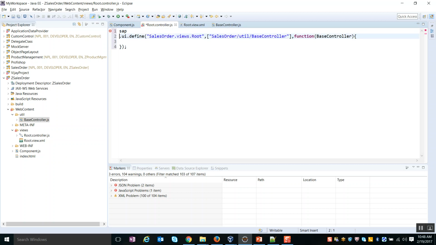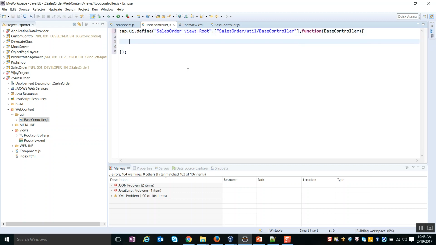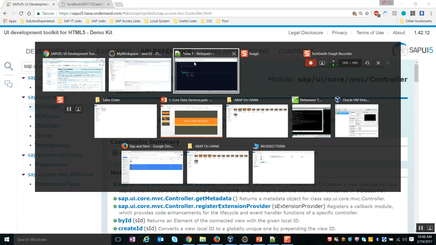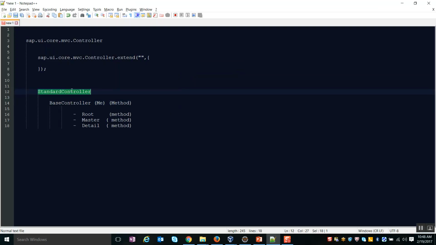And here, this time the root controller is going to be inherited from the base controller. So I'm going to return the instance as base controller dot extend, where I say sales order dot views dot root is what I'm defining, and these are the things that I'm going to overwrite. In this way, from the standard controller class I have created my base controller, and from my base controller class I have created my root view.